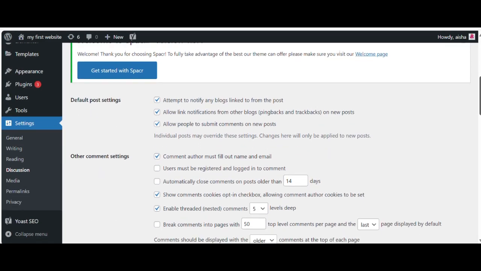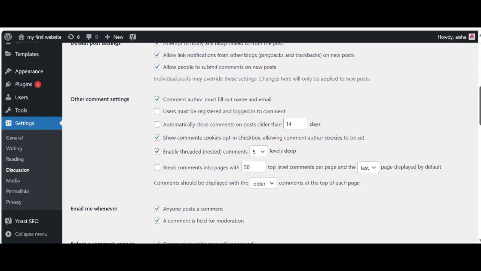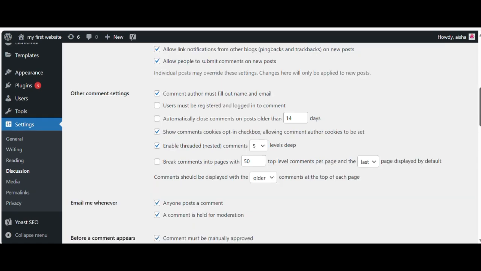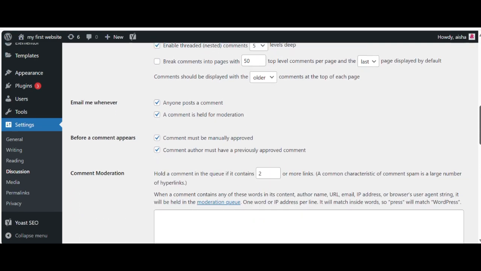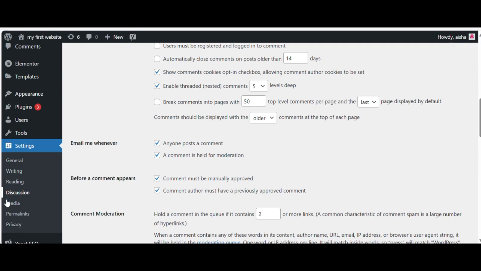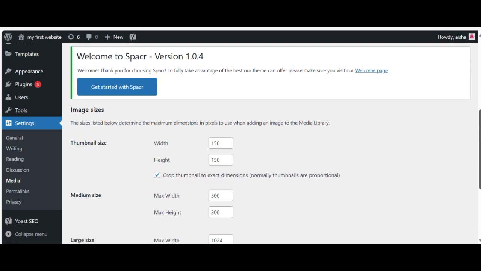The Discussion section contains all the settings regarding posts, comments, and emails, right? Either you want to show comments or not, whether anyone can post a comment or not. There are multiple options which you can read and set according to your requirements. After that, the next option is Media.